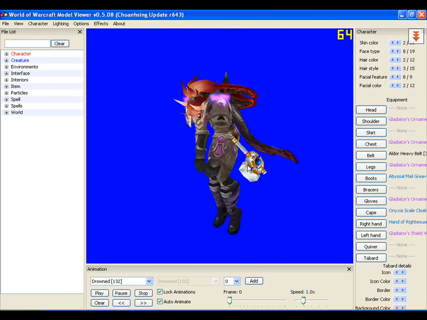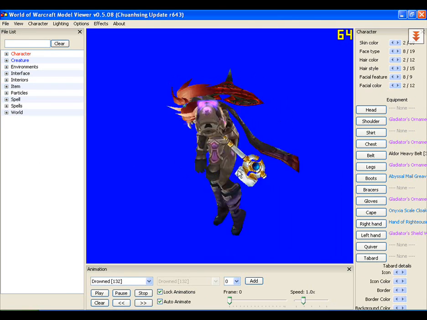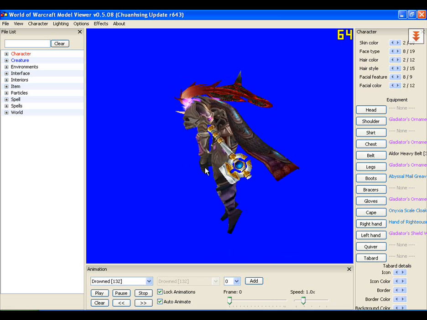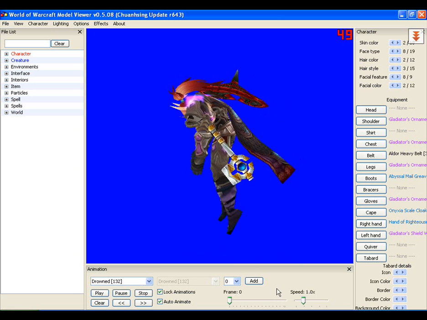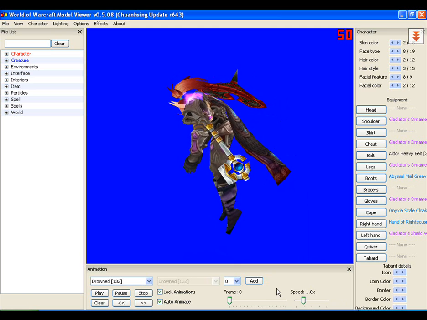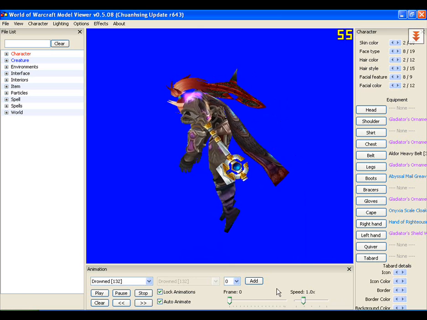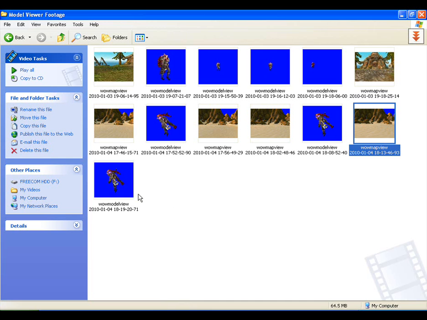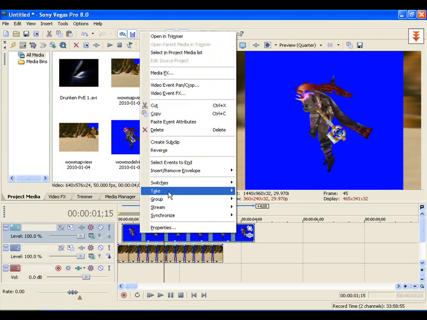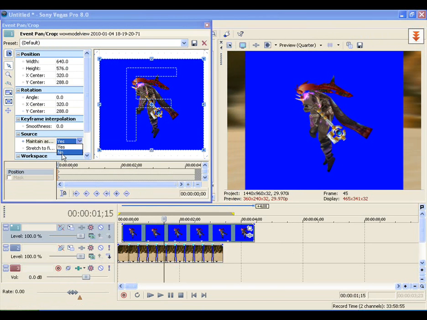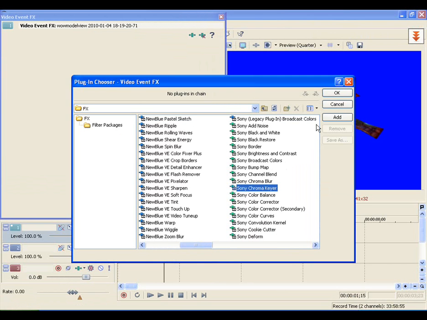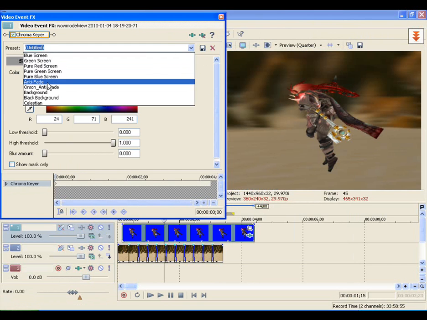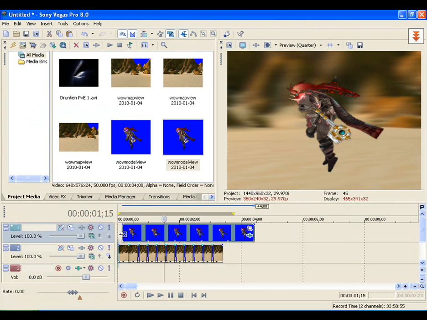I'm not sure, it differs between models, but the best one I found for the Blood Elf is the Drowned animation. So you just select Drowned, have him on his side, record, just get a few seconds. You grab the footage, drag that into Vegas, stretch the footage, add the keying chroma key effect to get rid of the blue background, trim just to cut the edges because it lags a tad,